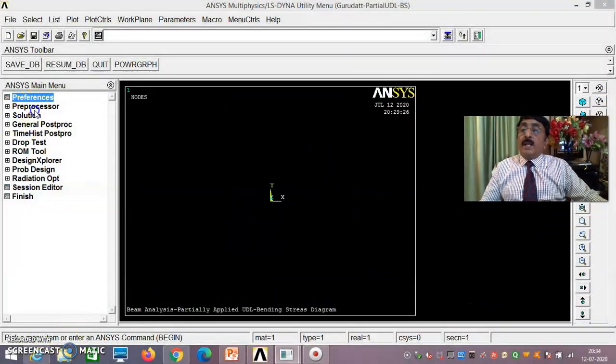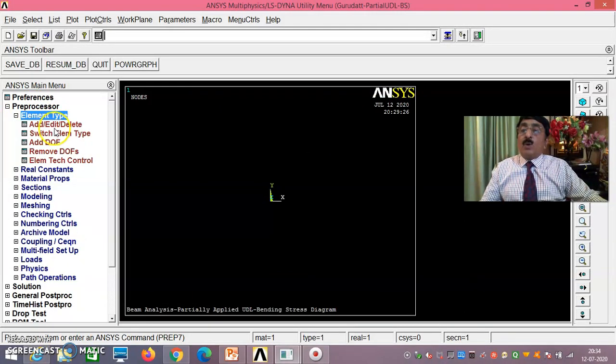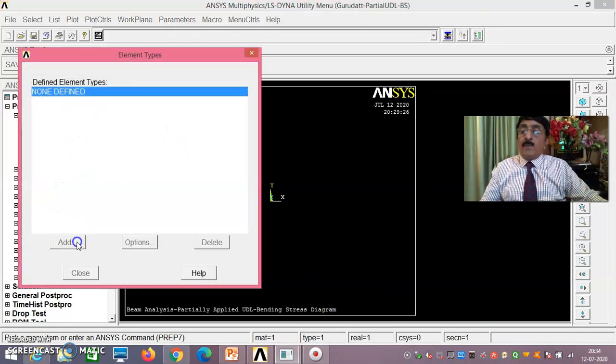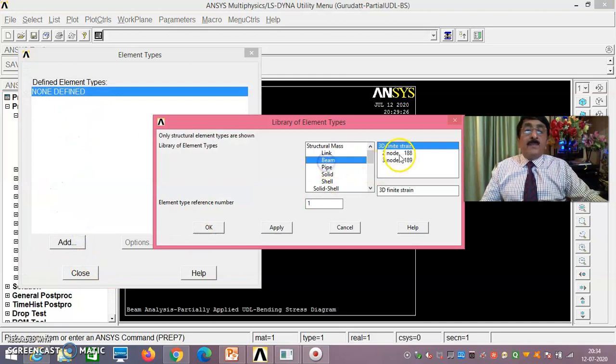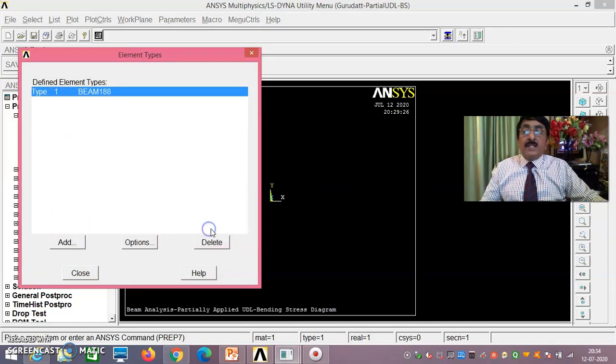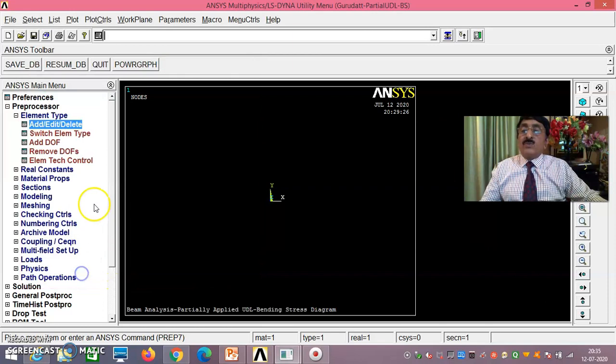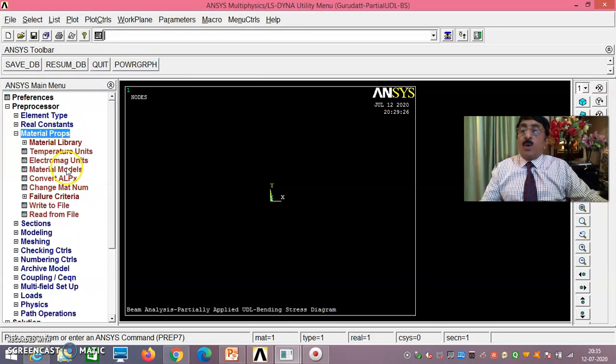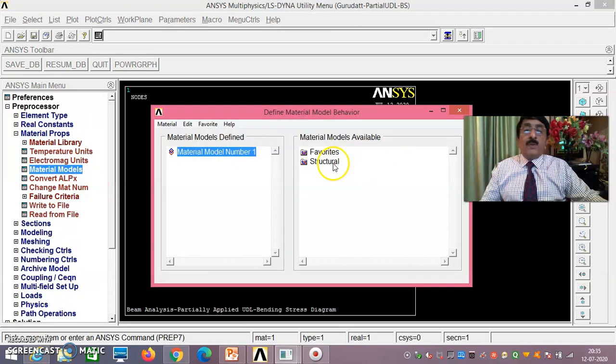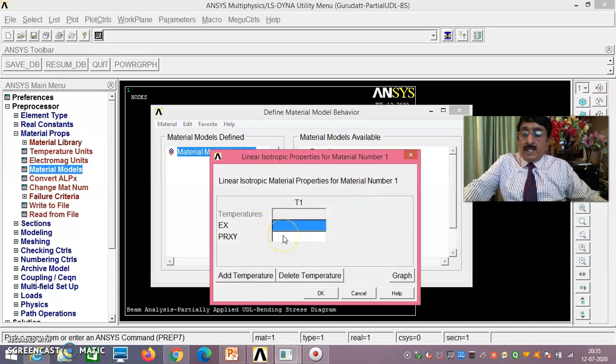Preferences, structural, you go, just say okay. Then preprocessor, element type, you go add, edit, delete, you go add, Beam 2 node 188 only you take, just say okay. Just say close. Then at the real constant, don't worry. Material properties, you go material models, structural, linear, elastic, isotropic, it is